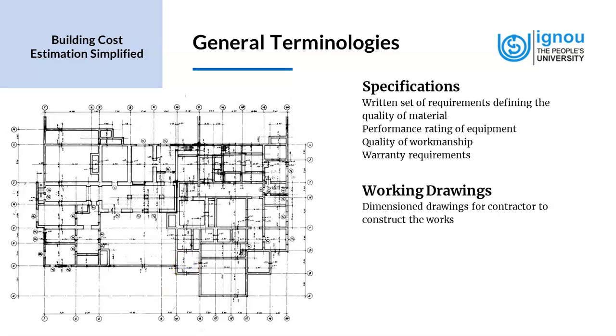Now we look at the working drawings. What are working drawings? These are dimensioned drawings for the contractor to construct the works. These are very detailed drawings which give the minutest detail that is required to construct a building part. So this is not just for the contractor. Sometimes it is given to suppliers to fabricate components of the works or to assemble or install components. So it's not just about constructing, but it could also be for assembling or installing components that we use the working drawings.